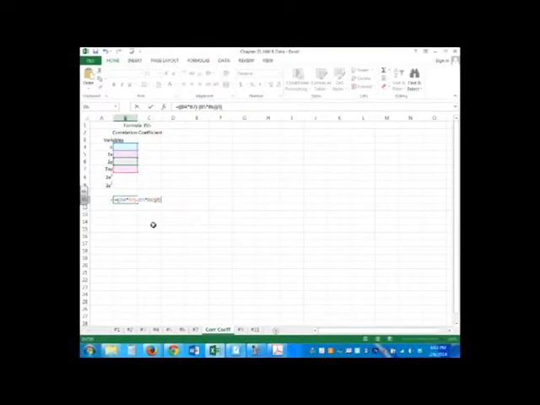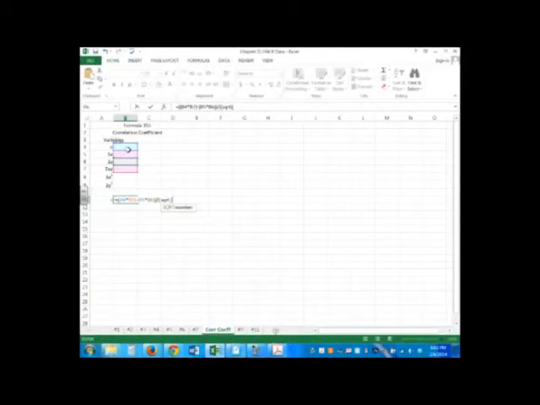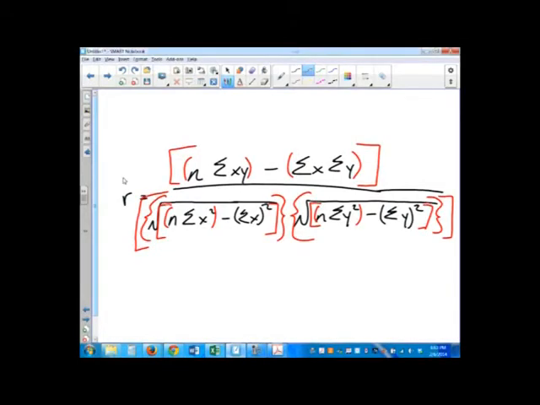So SQRT, and then two, again I had two in here, and then in that first set, I did n times summation of x squared. So n times summation x squared, close parenthesis,